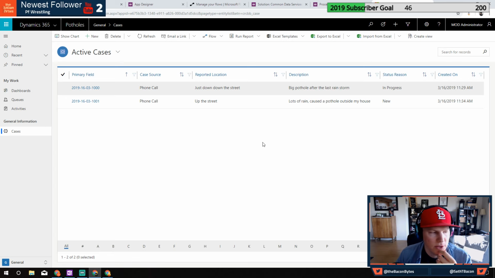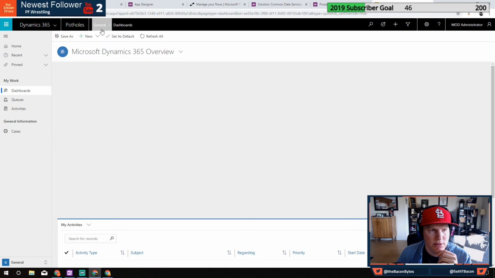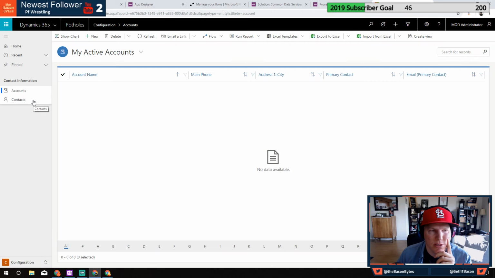One of the things you'll notice, and this is kind of a newish thing, is that instead of going up to the top and seeing these different chevrons that you would use to change it, it's actually over here on the bottom left where you go to change it. So under configuration, here we see that information that we thought we did. We had contact information, and we got the accounts and contacts like we expected. Currently the contacts only has one view. This one has a couple of views like we thought.